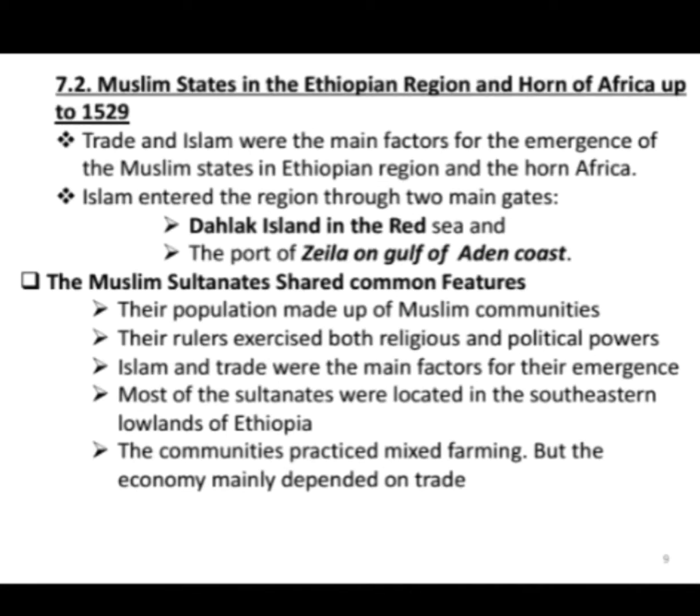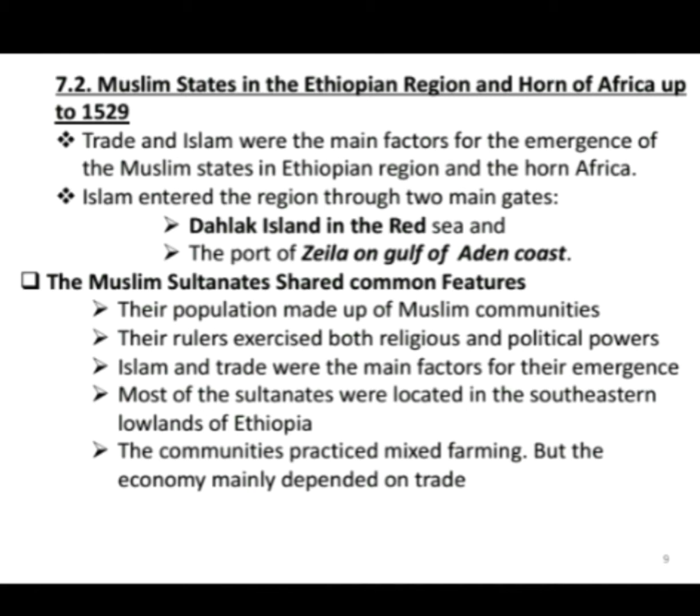This is lesson 2 of Unit 7. It describes the Muslim states in the Ethiopian region in the Horn of Africa up to 1529. Trade and Islam were the main factors for the emergence of Muslim states in the Horn of Africa, or the